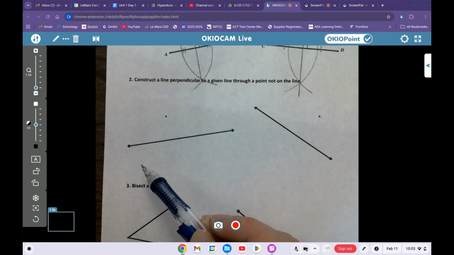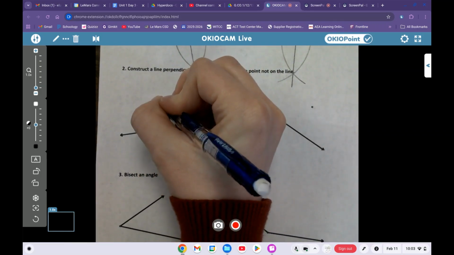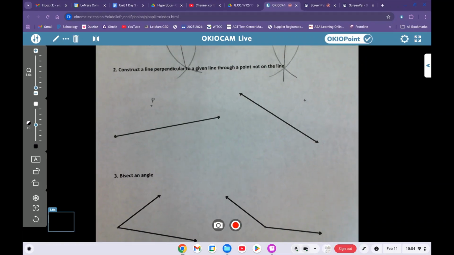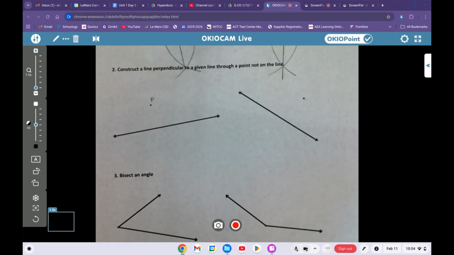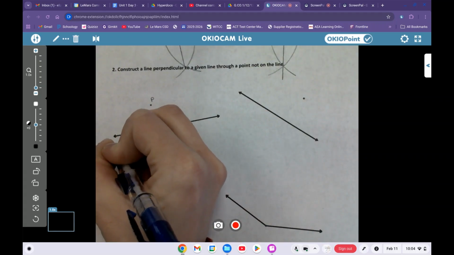Okay, so what I'm going to do, let's call this point P, just because I'm going to maybe need to call that by a name, and so it's going to be easier if it has a label. Okay, so step 1 is I'm going to measure